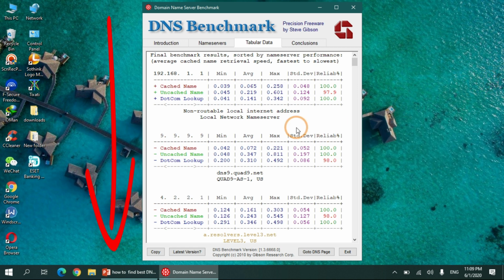In my case, the DNS server provided by my ISP is the fastest, and then the DNS server provided by Quad9, 9.9.9.9, is in second place. Final benchmark result.